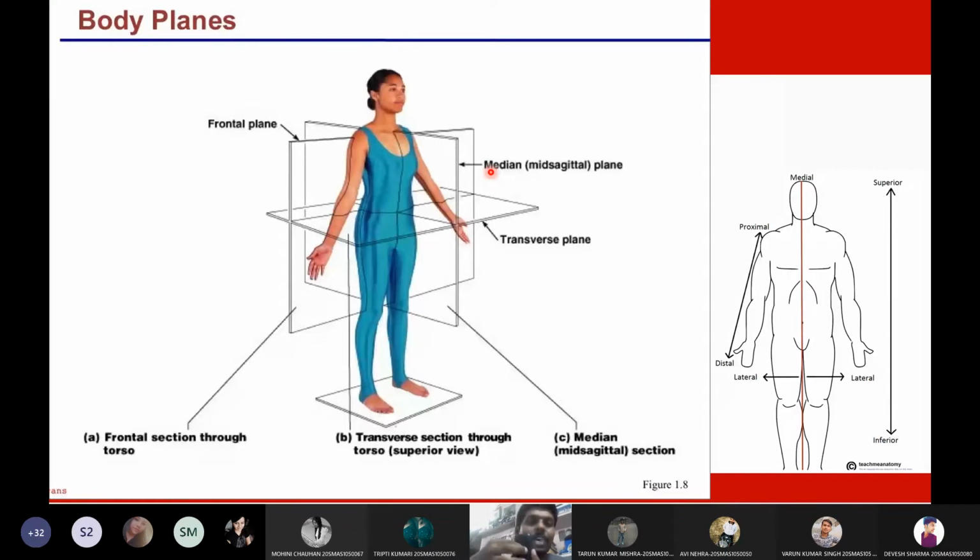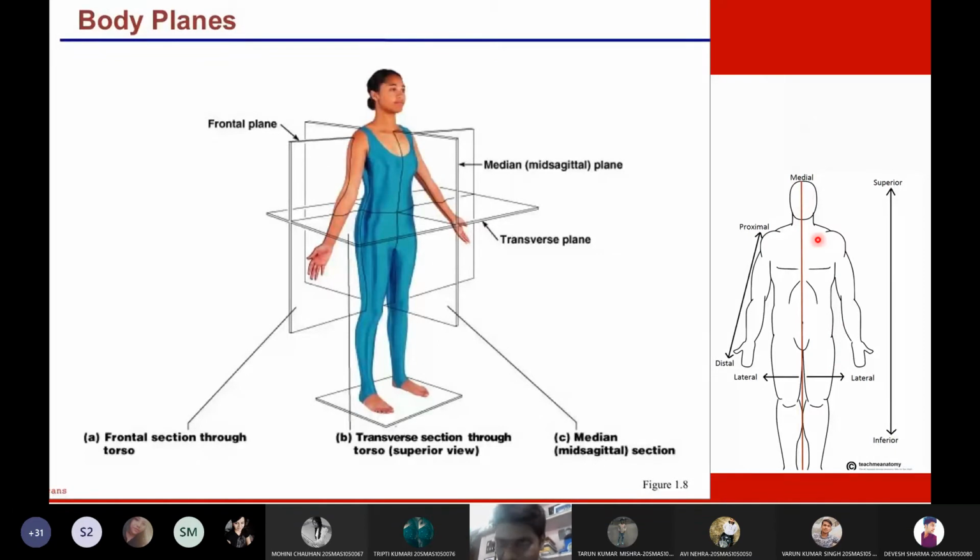Other than the center, you can also cut from the side. For example, you can cut the mobile at the end also, or in this diagram, I can cut this person from this shoulder to here, and that line can be stated as the sagittal plane. So the sagittal plane can be from the top to down. If I'm cutting here, that is called sagittal. If I'm cutting at the center, then it is called the mid-sagittal plane.